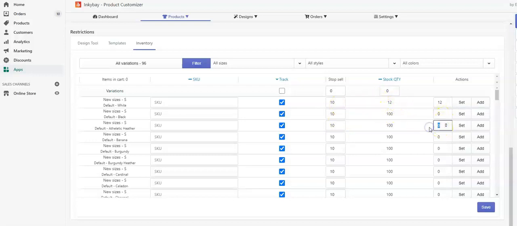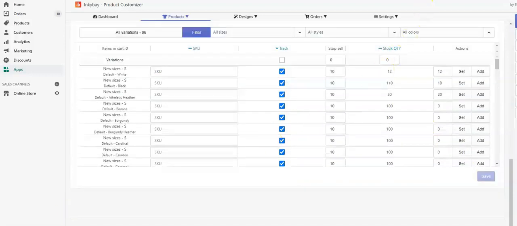Here I am adding 20 and clicking on set. See, the quantity is replacing. And by using the add button, you can add a quantity to your available stock. Here I am inserting 10 and clicking on add. As you can see, it's added 10 quantity, and then save it.